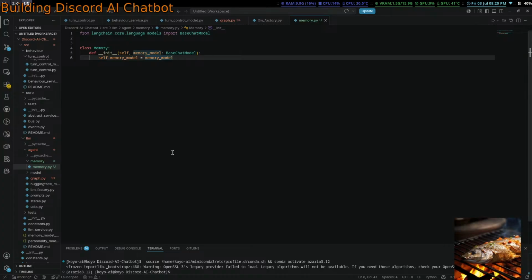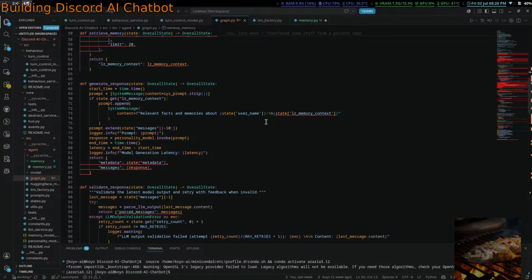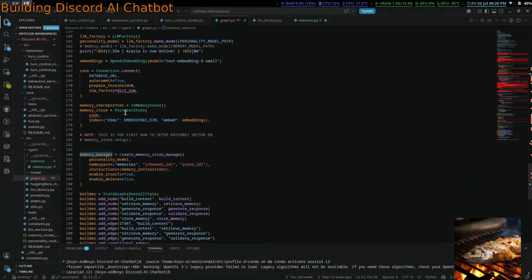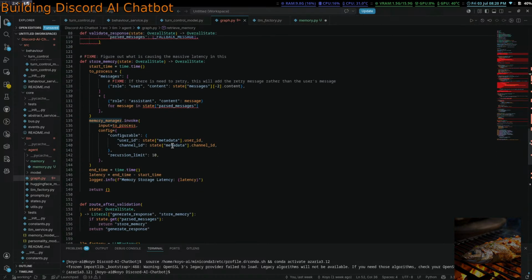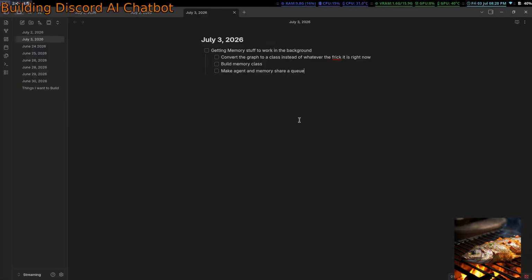Okay, self.memory_model equals memory model, and also memory manager. Oh, you know what? If we do retrieve memory, then we also need to look at the memory manager, right? And the memory manager is going to be in the memory thing. So for retrieve memory, other things to consider.